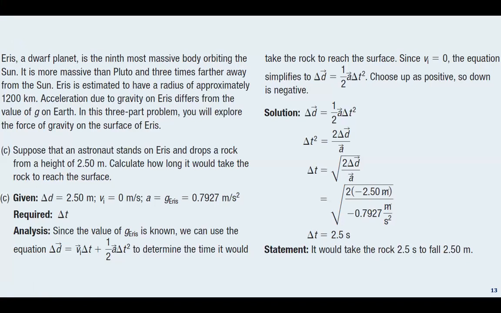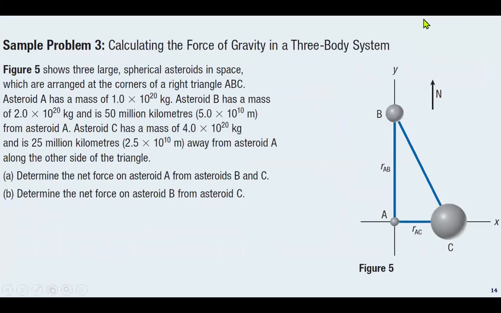Okay, if no questions, let's consider another problem here. As shown in this figure, there are 3 large spherical asteroids in space, which are arranged at the corners of a right triangle ABC. Asteroid A has a mass of 1.0 times 10 raised to the power of 20 kilograms. Asteroid B has a mass of 2.0 times 10 raised to the power of 20 kilograms and is